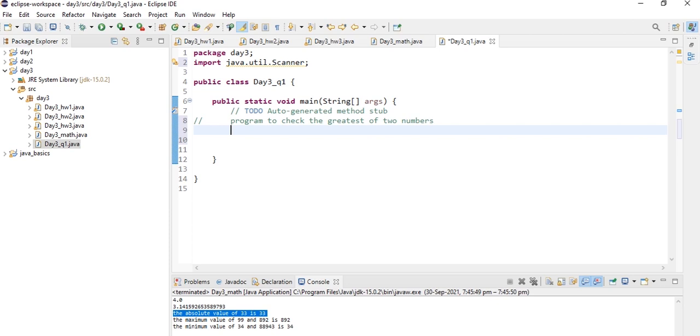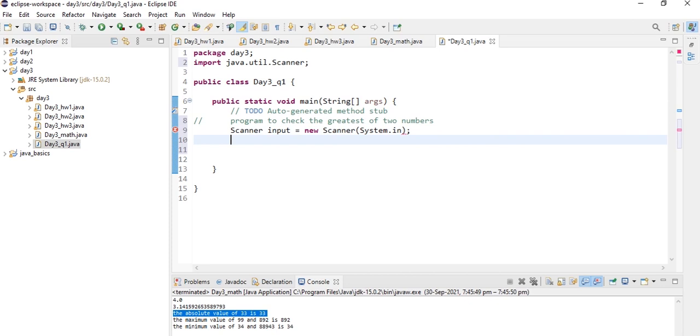And now let's create an object of the Scanner class, that is Scanner input, that is the object name, equals new Scanner(System.in). So now our Scanner class's object is created.